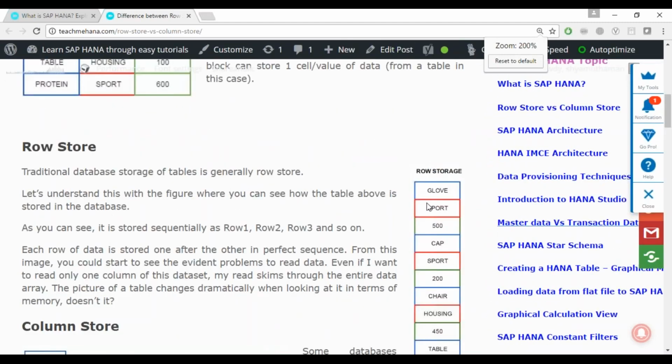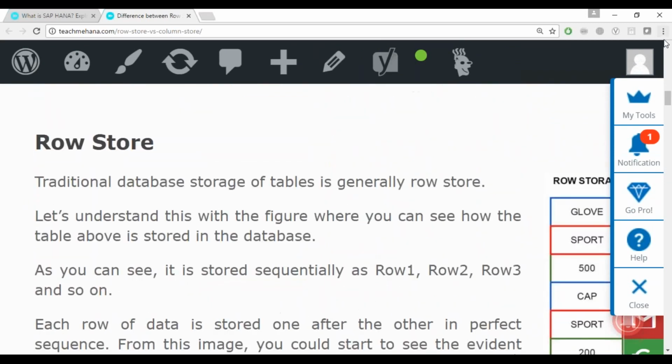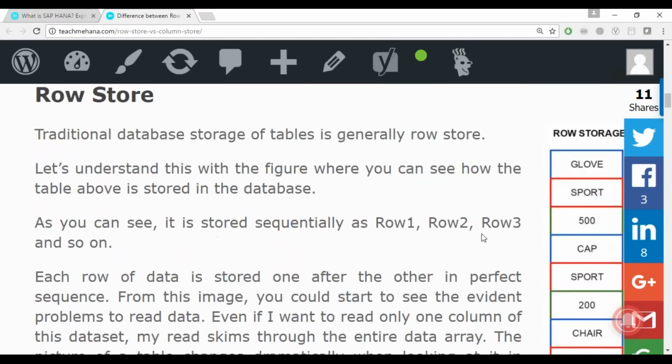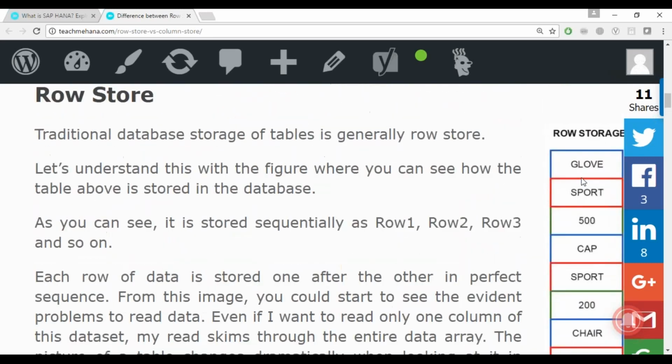As you see, the first row is glove, sport, 500, then cap, sport, 200 is the next row. So this gets stored in a continuous stream of memory: glove, sport, 500, cap, sport, 200.